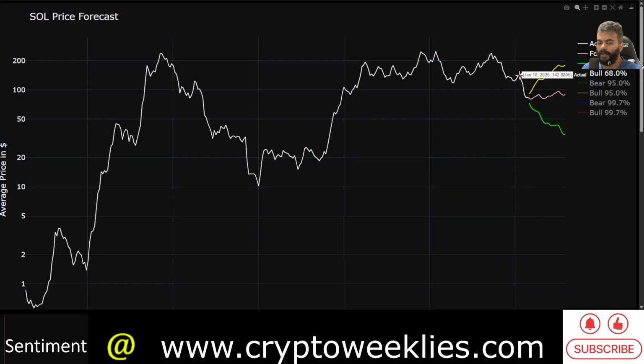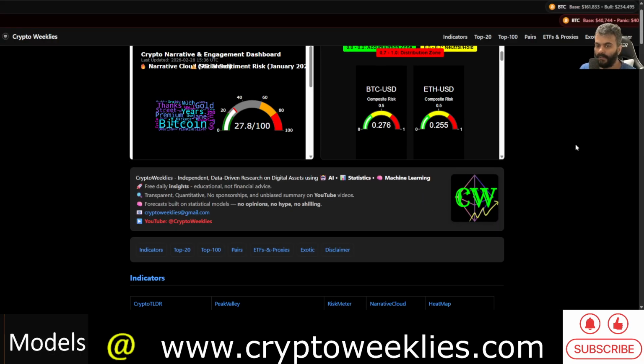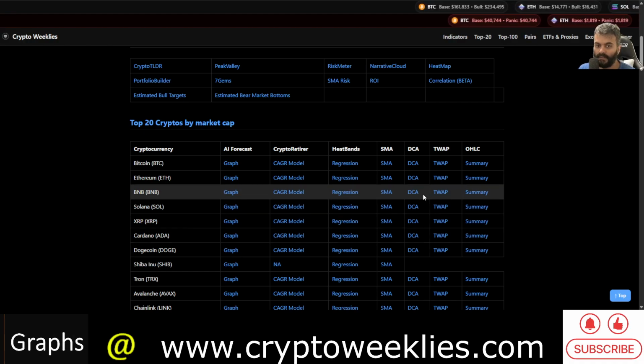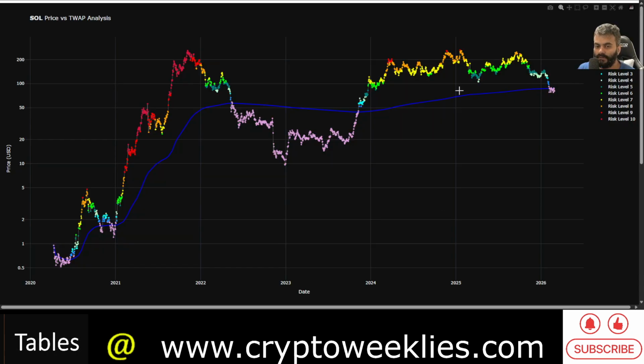So let's say at that point, if there is some relief, then the area of support in that scenario is at around $60 to $65. These are the weekly averages. Again, coming back to that time weighted average price based deviation and the difference between the price and the time weighted average price going to between 30% to 50%. Those are the most confluent zones where the price action could go.